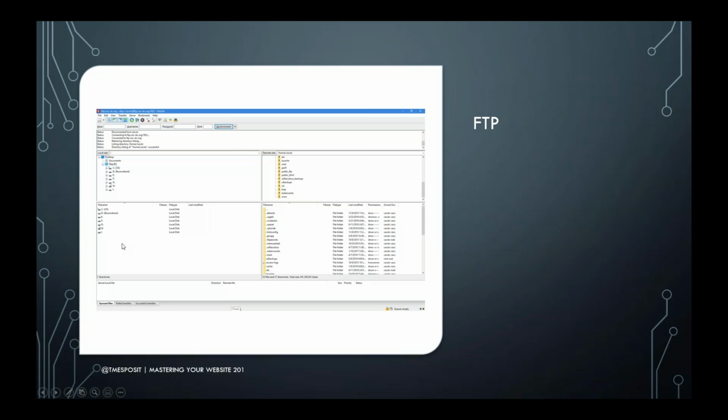And when you do that, it looks a lot like the file manager that you might have on your computer. On one side, it'll show your local computer, and on the right side, it shows the web host. So the files that you see on the right pane look very similar to what was in the file manager view that I showed earlier. But the benefit of doing this here is if you have a large group of files on one side, say on your computer on the left, and you need to load them up onto the web server on the right, you can click them and send them over, or you can pull them back off. You can also do anything you'd expect to do in a file manager, edit and delete things right on the server. Very handy to have.